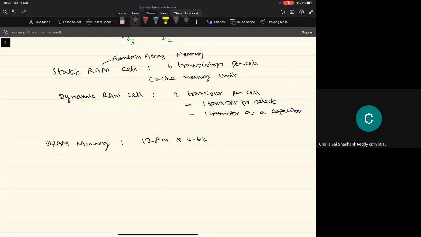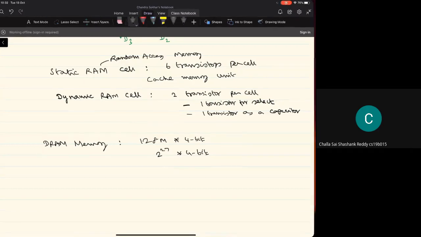What is 128 M? It's 2 power 7 into 2 power 20, that is 2 power 27. So if you have one chip with 2 power 27 memory locations, where each location can store 4 bits, this gives you so much of memory.